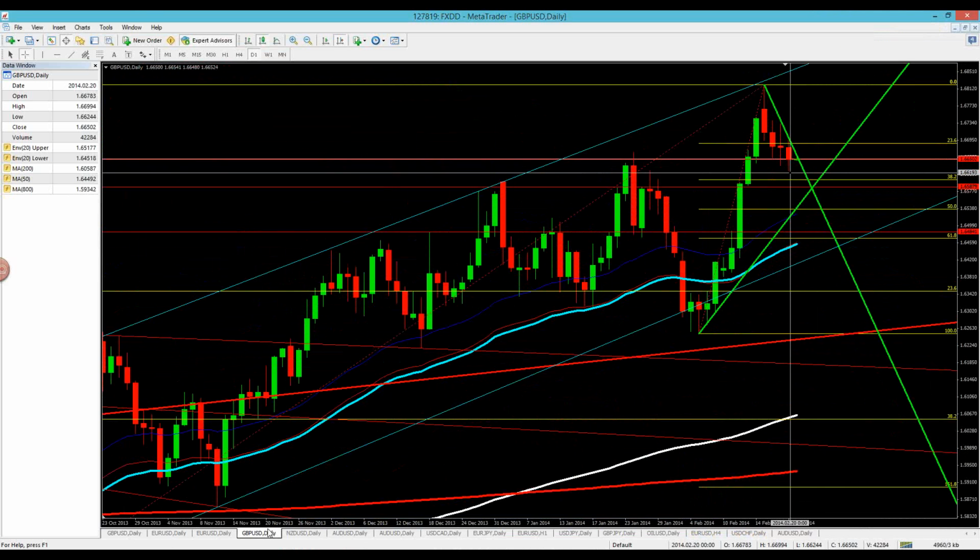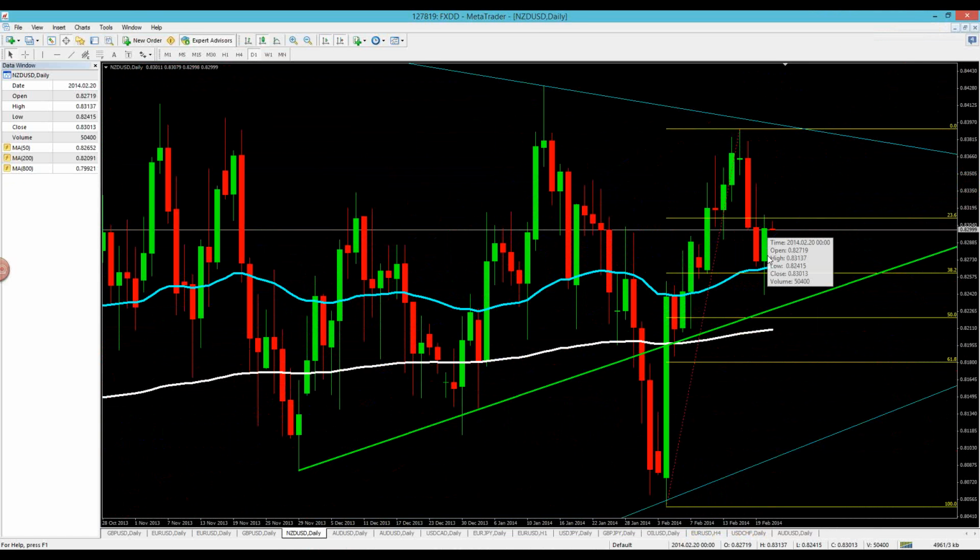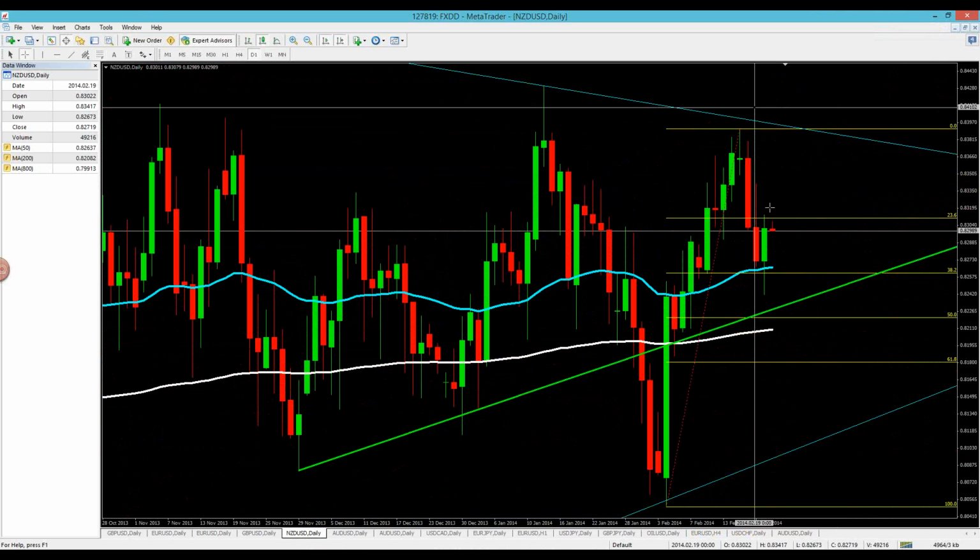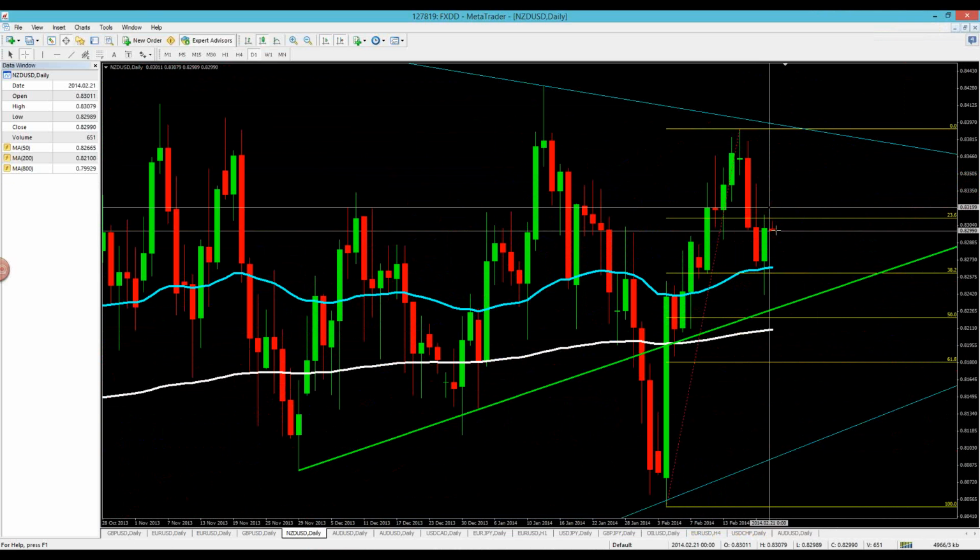Now the New Zealand dollar, we do think that there's a potential for a buy here. We had a very strong reversal candle that was formed right off of the 50 EMA. We think there's potential for a nice bounce right off of that 50 EMA again, or a push back to the upside where we could get a retest and an opportunity for a buy. So we've got a buy bias here on the New Zealand dollar.